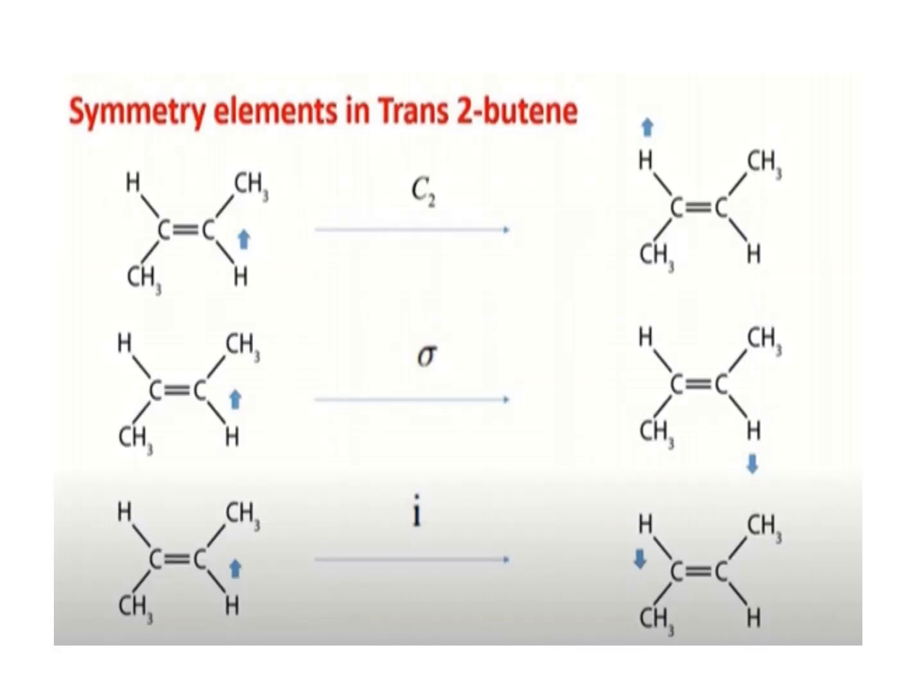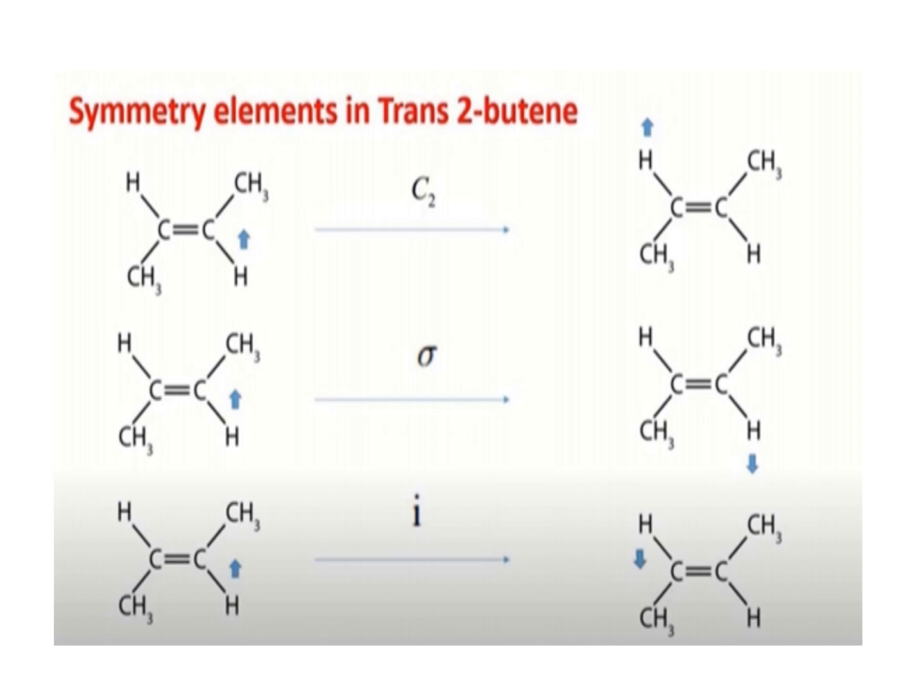So here are the symmetry elements in trans-2-butene. As we see in the diagram, there are C2 rotation, sigma and inversion center. In the diagram, there is an upper side arrow on the hydrogen atom. What happens if we apply the C2 axis of rotation? We rotate this molecule in clockwise or anti-clockwise direction. The result would be the same, only the hydrogen atoms are replaced and the arrow direction does not change in this